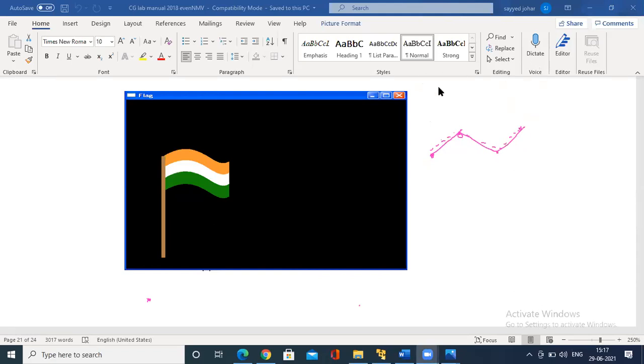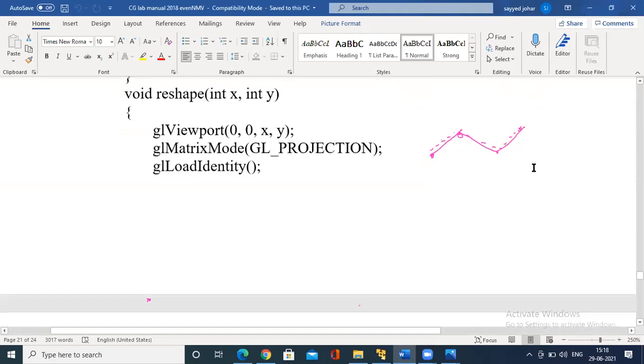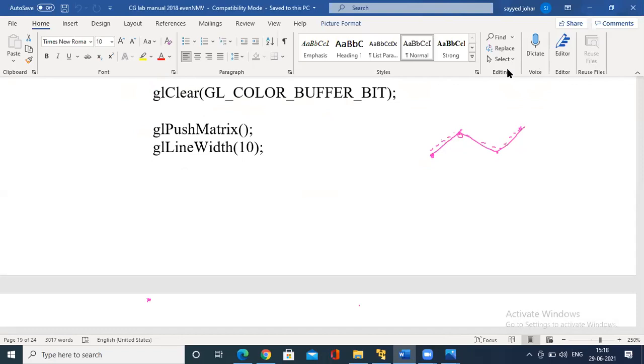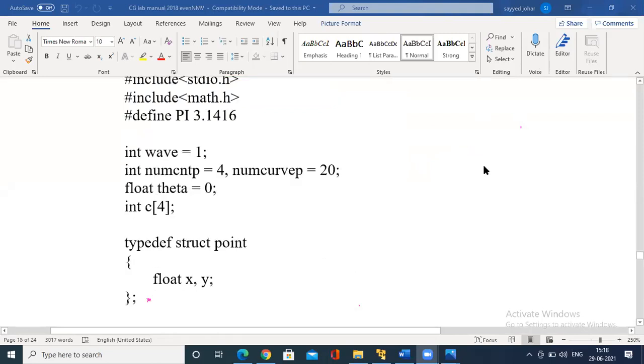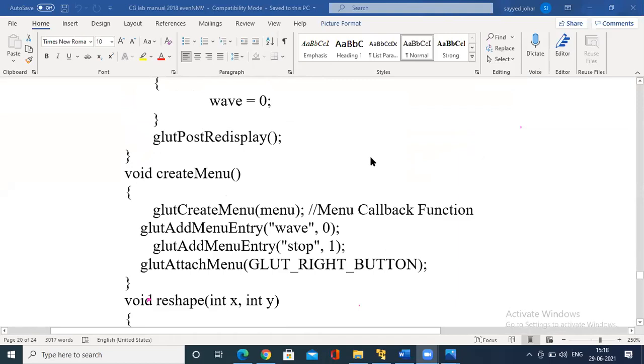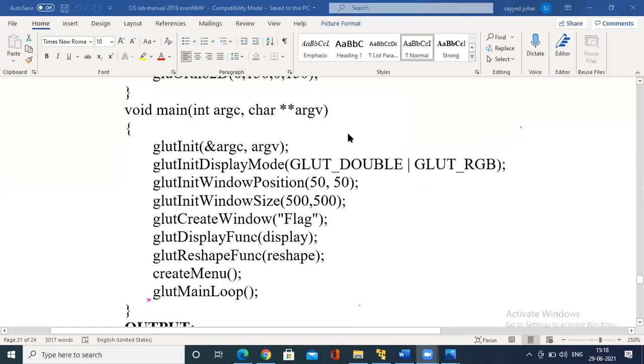And now let us see the logic of this program. Fine. Now see, first let me go to this display function. All of you just concentrate. So mainly we have a display function, glut single or double, then RGB, window position, starting window position at the top left corner, 50/50, window size of 500/500, name of the program, flag, display function, init function.